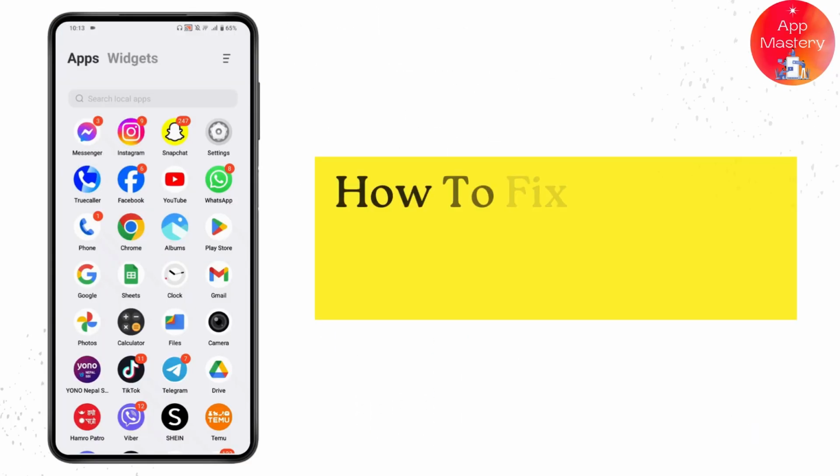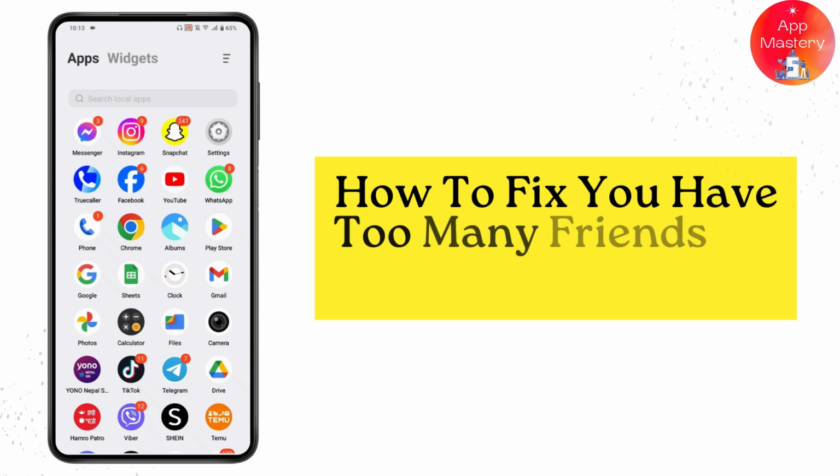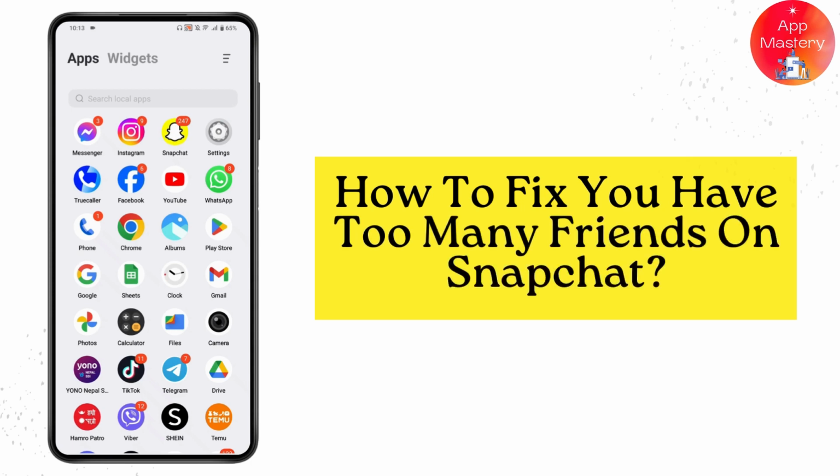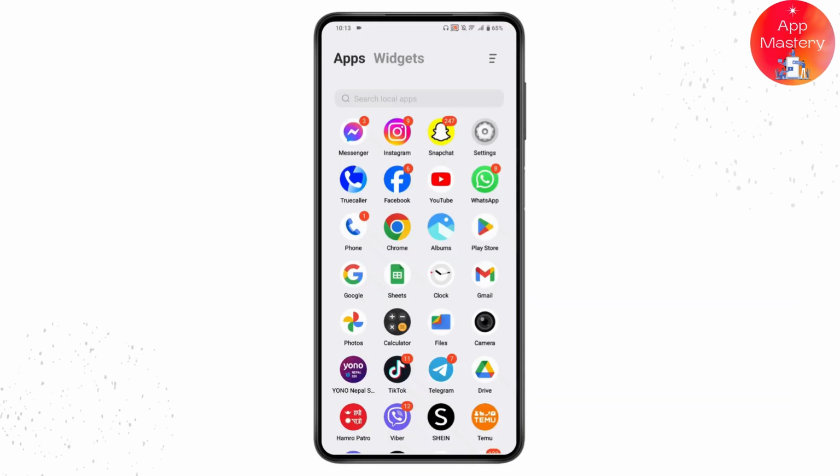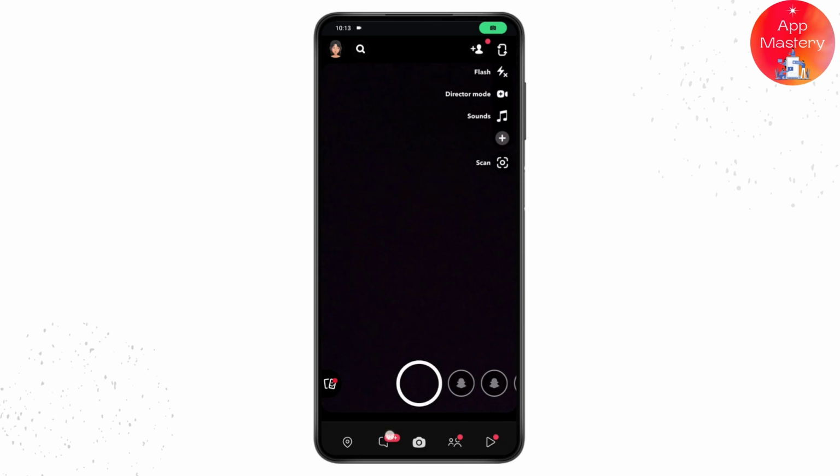How to fix you have too many friends on Snapchat. So while adding a friend or while sending some snaps, if it says that you have too many friends, then what you need to do is simply open up your Snapchat application and then go for the chats, which is